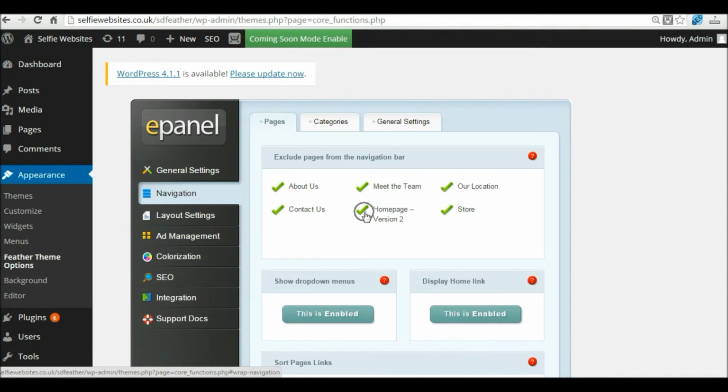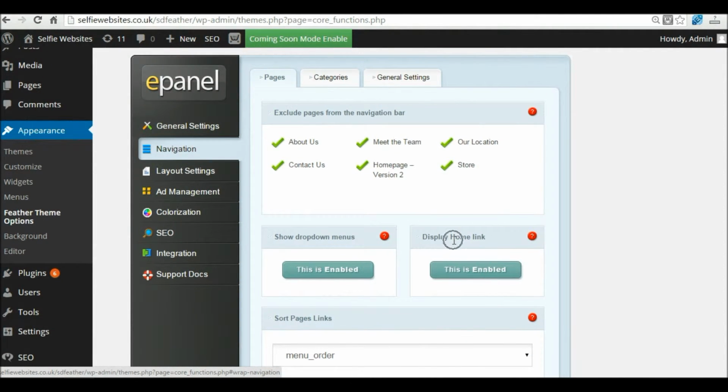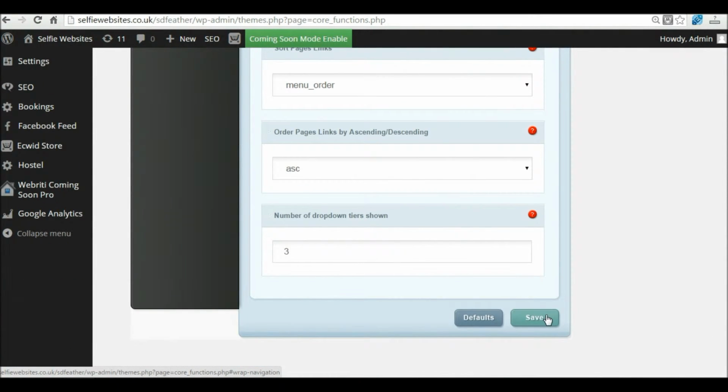So as you can see, we've got a homepage version 2, but if you remember we also had a link for home, but that isn't here. So how do we get rid of that? Well, if we scroll down a little bit further, you'll see there's a box here that says display home link, which is currently enabled. If we click to disable that, that will take off the link for home on the navigation bar. So if we now scroll down and save that change,